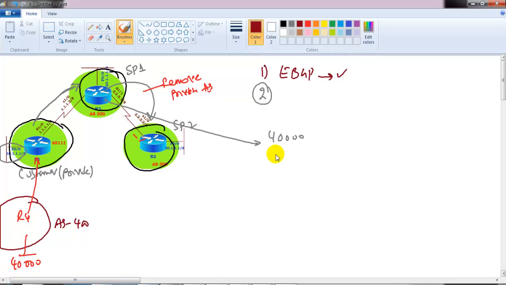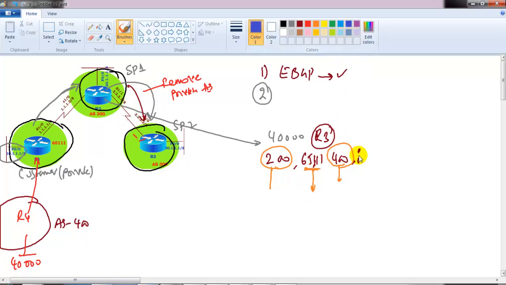What is the default AS path? It's originating from AS400, right? It's coming from AS400 and then reaching 65111, which is the AS of router 1, before it goes to router 2, and once it reaches router 3, router 3 is going to receive the update with the AS path of 400, which is a public AS number, and then 200 is also a public AS number, and there is a private AS number.